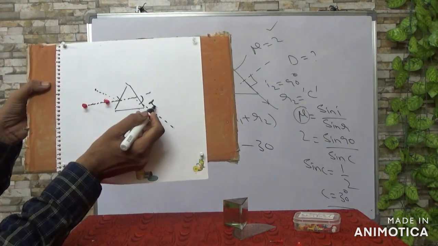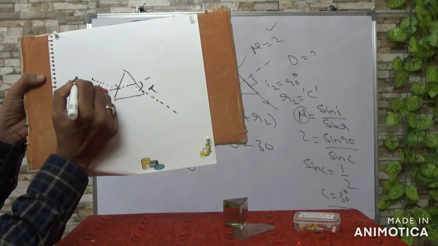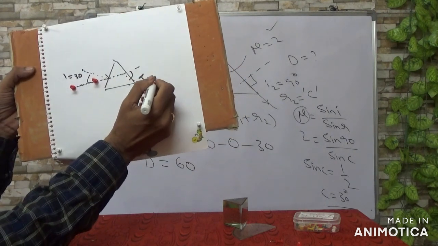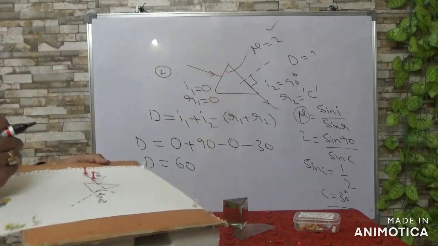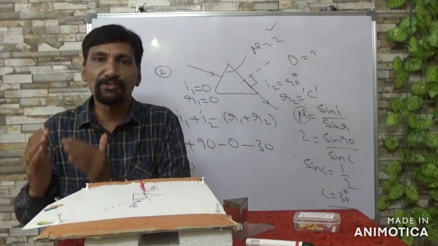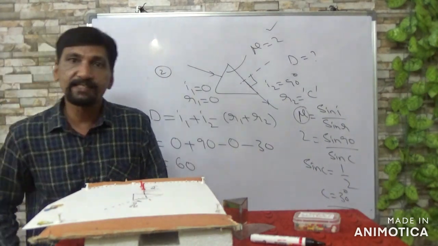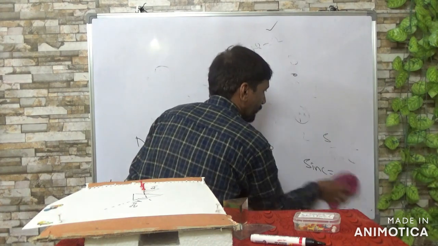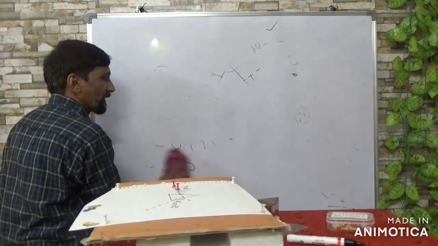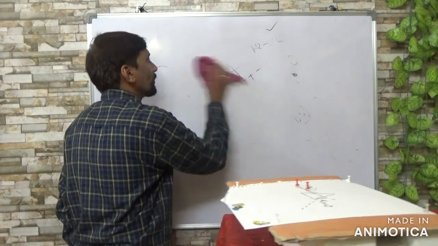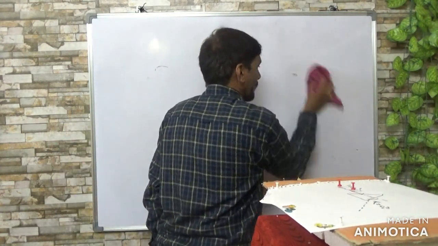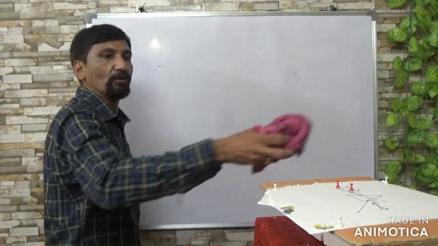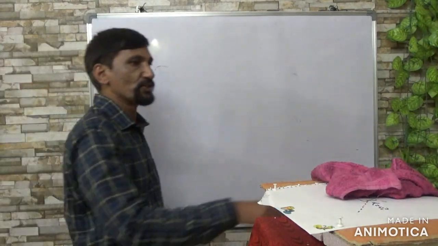Okay, so this is called deviation. So usually when you take angle of incidence 30, you get deviation around 50 degrees. Okay, so in this way, if you take incident values along x-axis and deviated values along y-axis, you can plot a graph, and I versus D will give you a parabola. So for every value of I you get deviation.